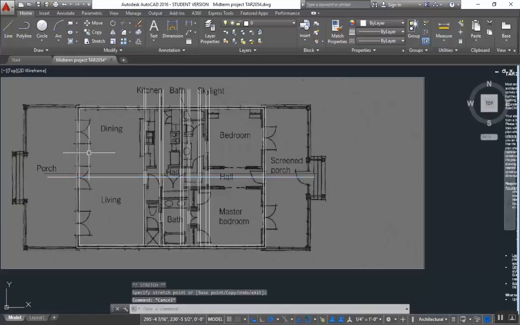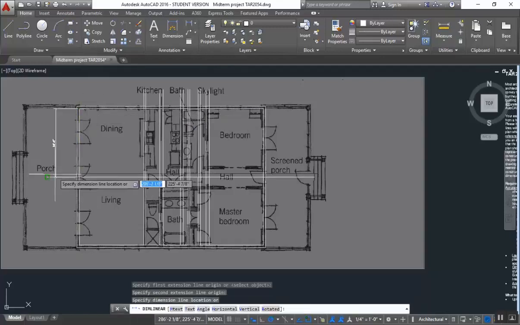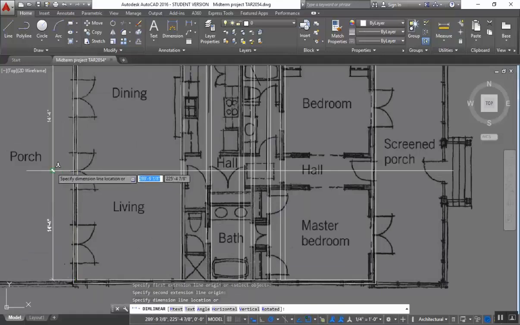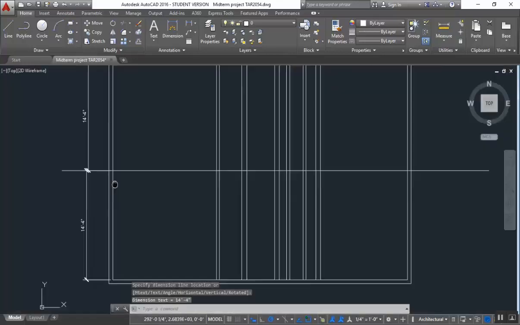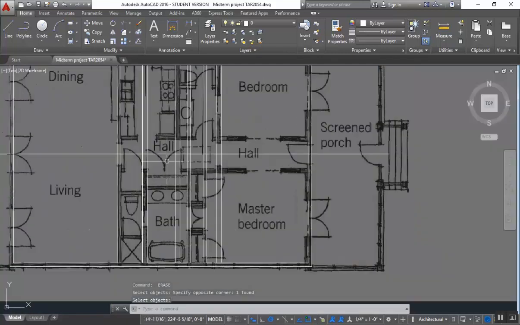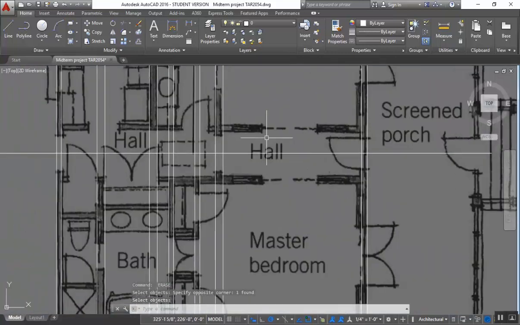It's equal distance from this side to that line and that line to this side. So if I measure that, you'll see what I'm talking about. So that's 14.4, and then do this side. All right, 14.4 should be the same. Okay, that's correct. All right, so